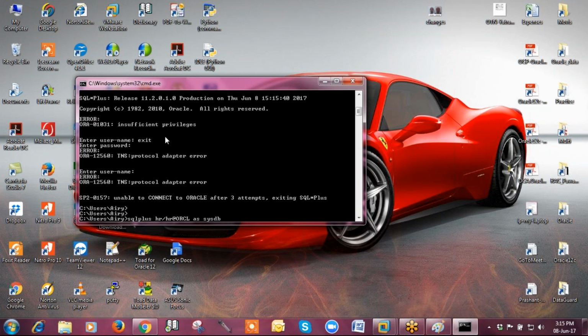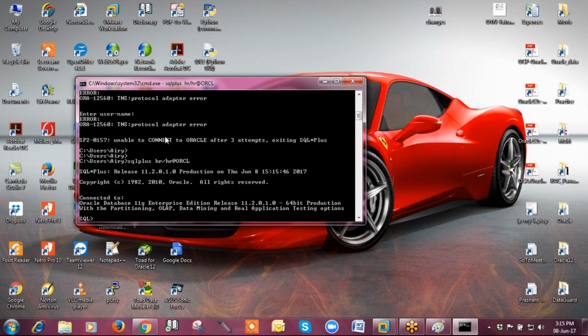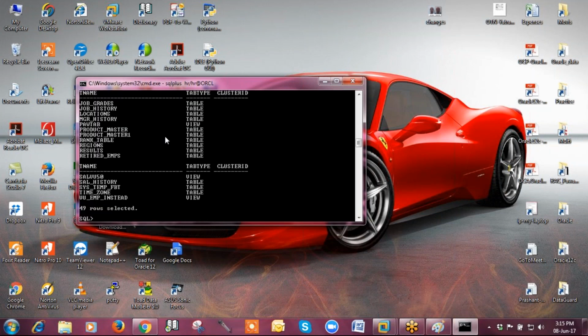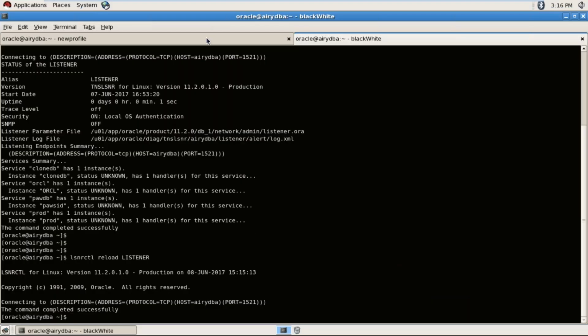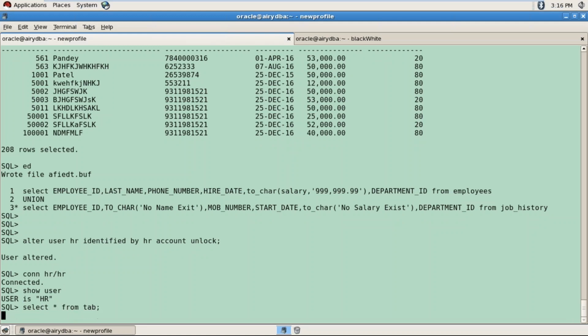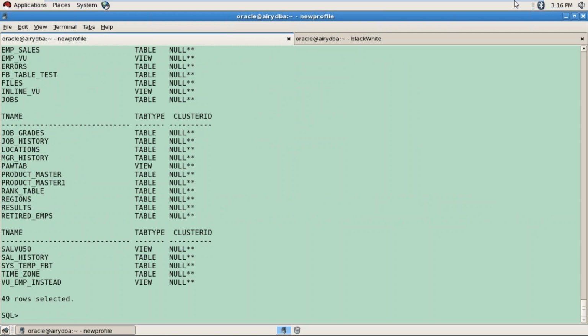Actually I don't have to write sysdba. So show user, HR. Select star from tab. How many tables are there? 49. If I go to my base machine and run select star from tab, you get the same result.